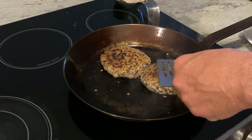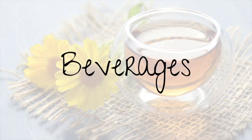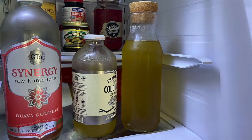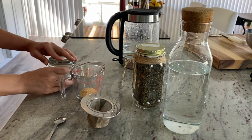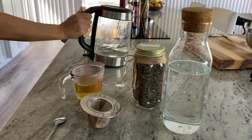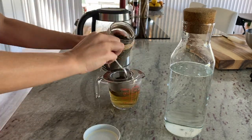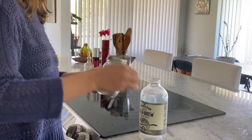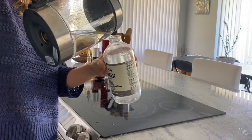Next, we have beverages. And making these at home can save you so much money, especially if you buy a coffee every day or an iced tea every day. Making iced coffee and tea is as simple as making the concentrated version and then adding it to a water and sugar mixture, so you can make yourself a simple syrup by boiling water, adding a little bit of sugar if you want it sweetened. If you don't want to sweeten it, then you don't even have to